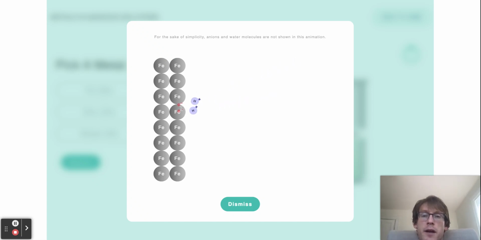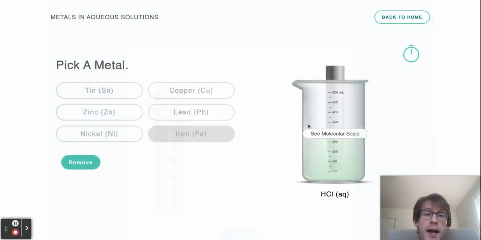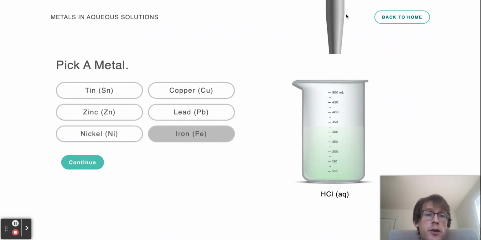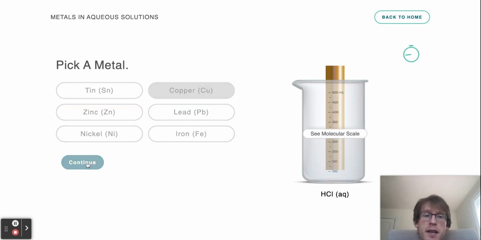The iron oxidized, and the hydrogen went from being positive to being neutral. And hydrogen in the neutral state is this H2 gas. That's the reason why we were able to see some bubbling occurring. And if I remove the piece of metal, note that it got smaller because the iron metal that was there dissolved partially. Now, on the other hand, if I take some copper and put that into my HCl, copper